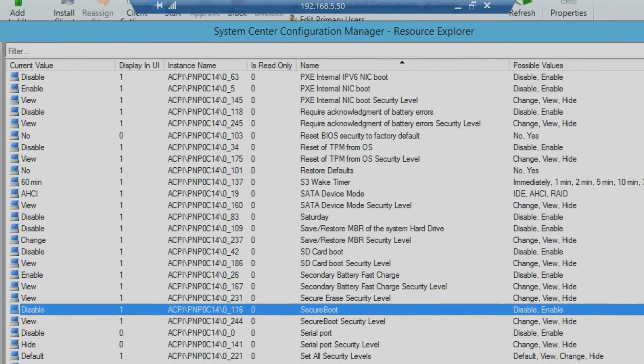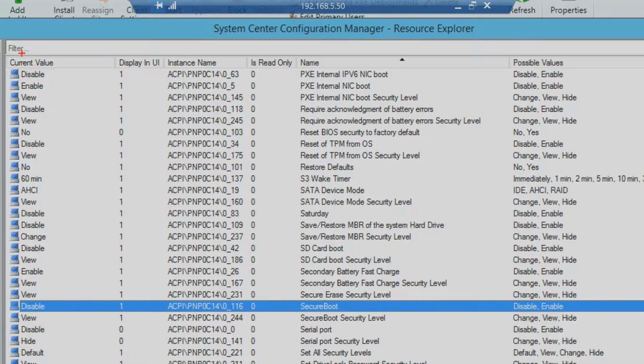Now you'll notice that HP gives us really nice, clean looking values like current value, whether we display it in the UI. And the UI to them means when I hit F12 and I go into the HP BIOS, I'm actually going to see that setting in there. I can see if it's read-only, I can see what the name of it is, and I can also see the possible values also. So for secure boot state, we can see that the current value is set to disabled